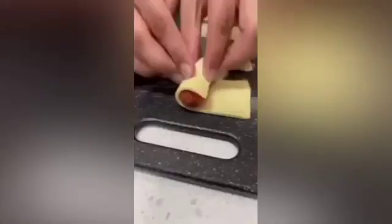Here's how you can make bread corn dogs. This recipe only takes 5 minutes to make. Let's grab a slice of bread and flatten it out, then cut it into half. Add on your hot dogs, roll them up, stab them with a skewer, throw them onto a pan, and give it a